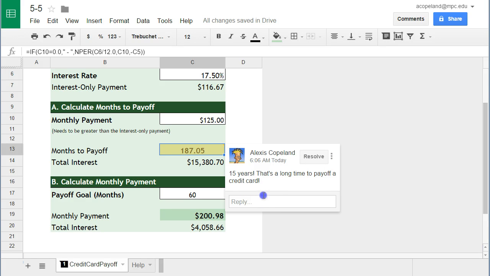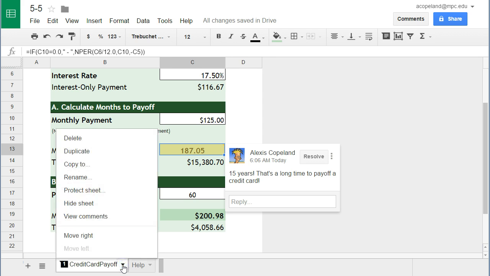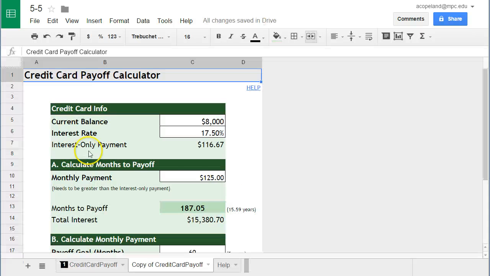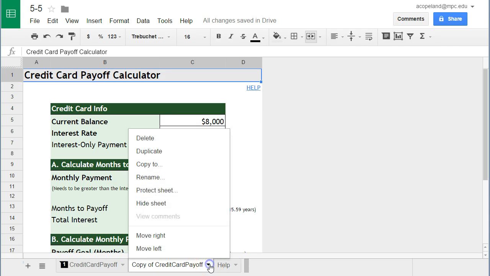Now next we want to use this calculator, but we want to use it in a different format for a different kind of loan. So I click at the bottom on the credit card payoff, on the downward pointing arrow, and it gives me a number of options, and I'm going to duplicate this. And now I'm going to do the same. So we have credit card payoff, and then we have a copy of credit card payoff. I'm going to click here